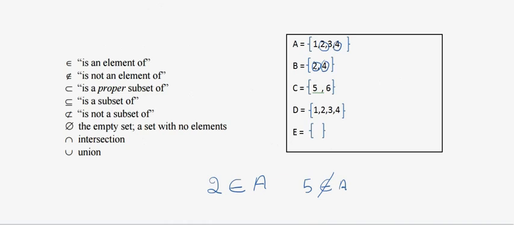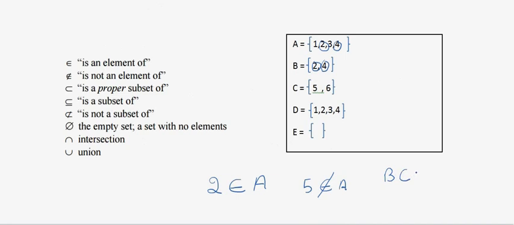So in a way, set B totally belongs to set A. It is a proper subset of set A. I'll further define what is proper and what is a subset. In this scenario, B is a subset of A.